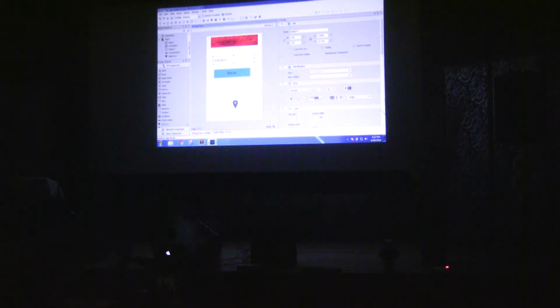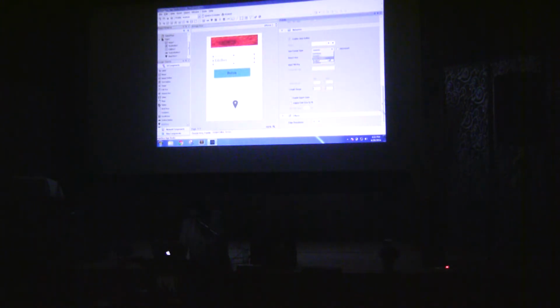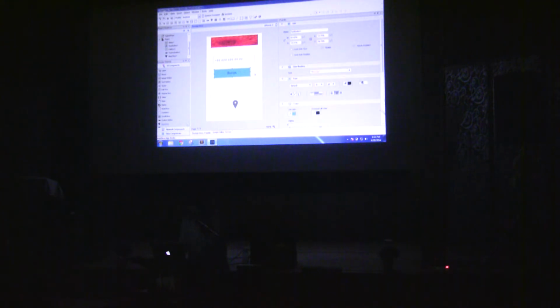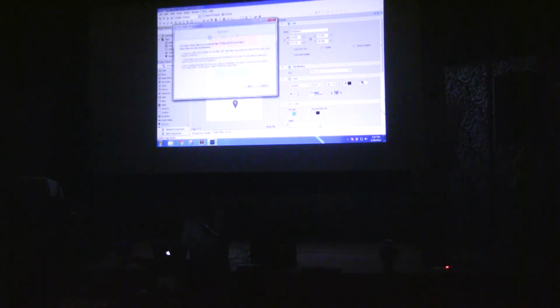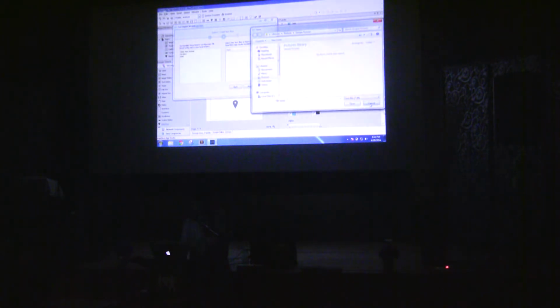Here is the edit box. For example, I want the end user to just write a phone number here. Okay. And here's a button. Let me change the font. Let's make it better. I can add new fonts here with the font import wizard. We have wizards to add, for example, TTF here.